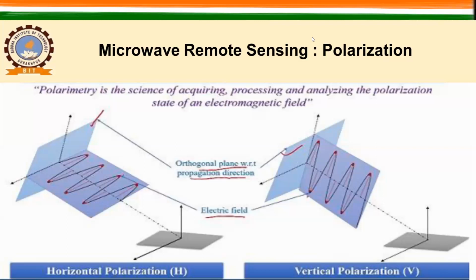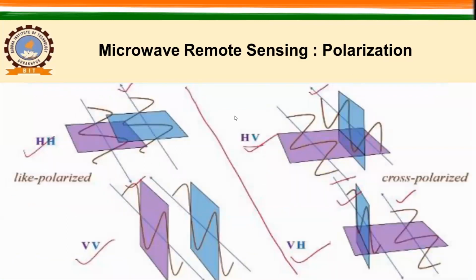Or polarimetric SAR. If we talk about polarizations, the first one is HH, where the transmitted and received energy are both in the same polarization, that is horizontal. In the next one, HV, the transmitted is in horizontal polarization and the received is vertical polarization. In VV, both are vertical. In VH, the transmitted is vertical, whereas the received is horizontal.